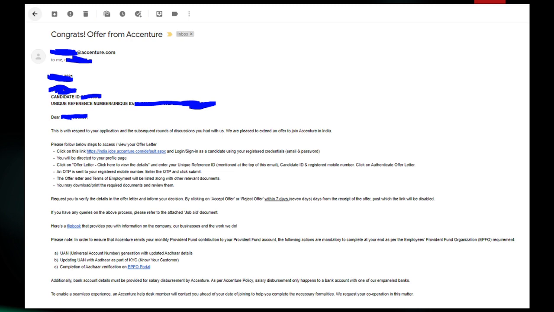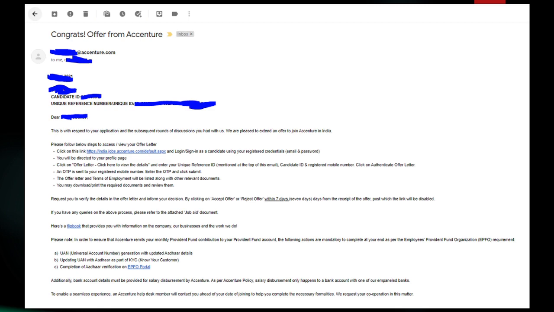Here you will be getting one link, and you have to log into that link. Then you can see your offer letter there on the Accenture portal itself, read your offer letter, and then accept or reject the offer.